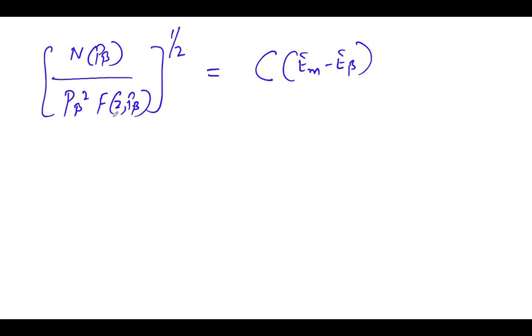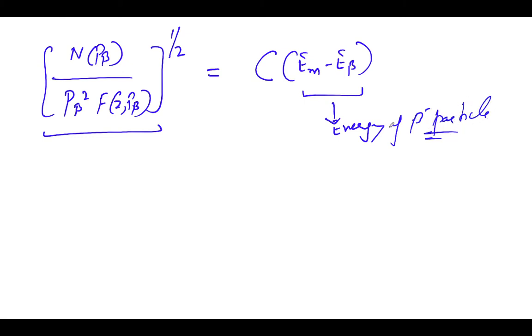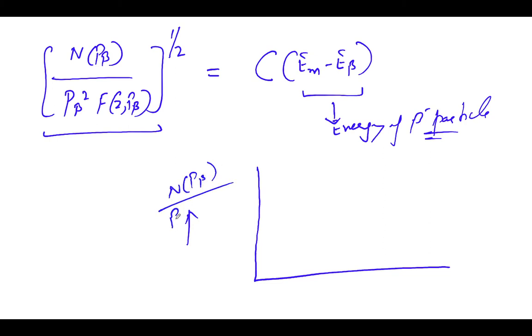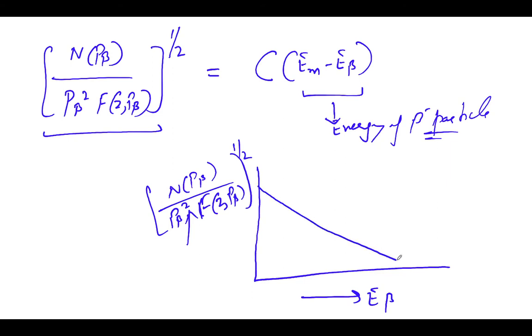So when we plot the left hand side of the term with respect to the energy of the beta particle, this gives a maximum line, and this graph is generally known as the Curie plot,